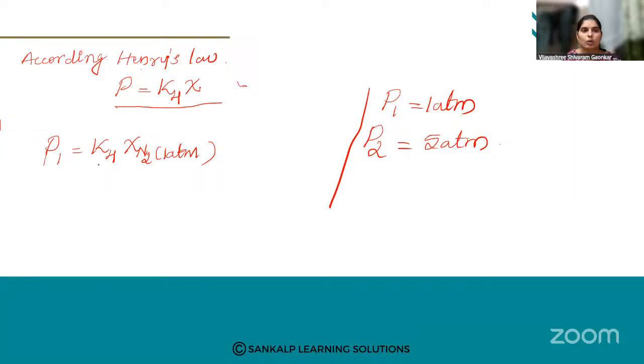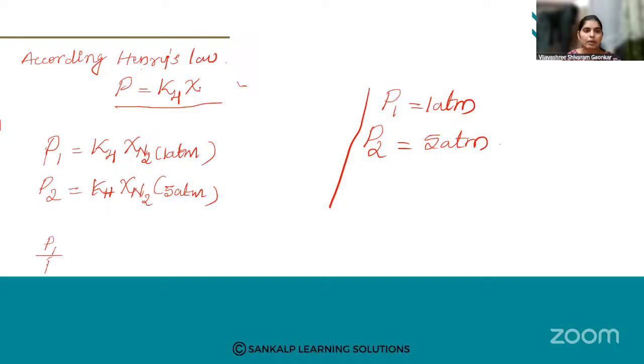So P1 is equal to KH into XN2 at 1 ATM. So P2 can be written as KH into XN2, the mole fraction of nitrogen at 5 atm. Okay. So the mole fraction of nitrogen at 1 atm pressure I have taken here, and similarly the mole fraction of nitrogen at 5 atm pressure. Okay. Now I can write it as